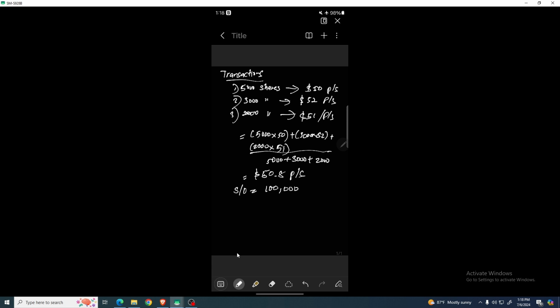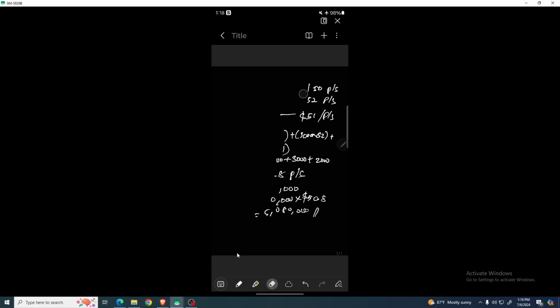So the equity value is going to be 100,000 into 50.8 per share, which is $5,080,000. So you can see you have conducted the equity valuation using the prior transactions which had occurred, and then based on that you have come to an average share price, and then you have estimated the overall equity value of the XYZ company. So this is a fairly easy and quite simple instance where only three prior